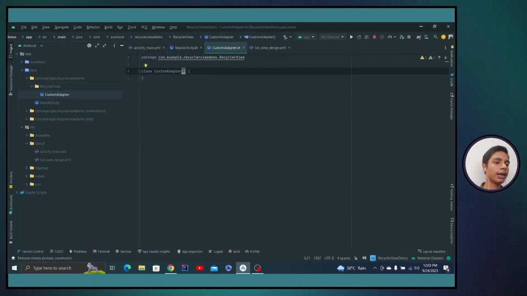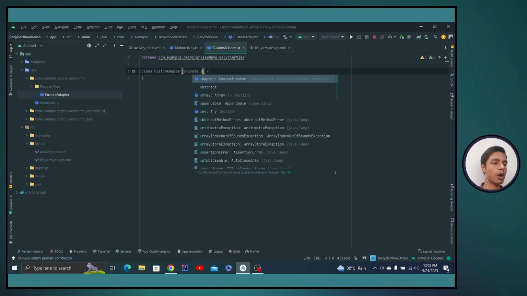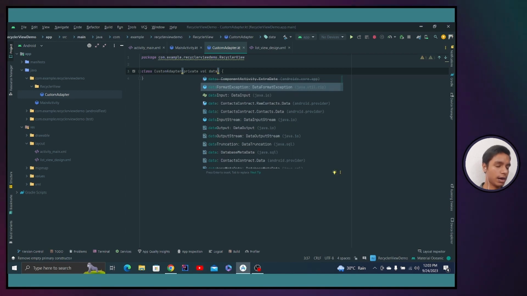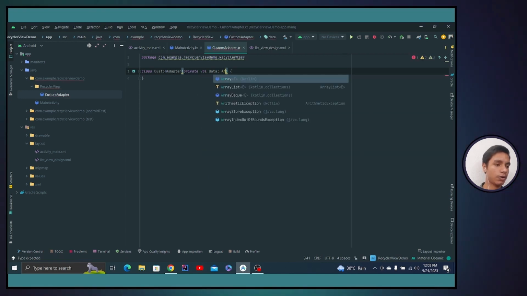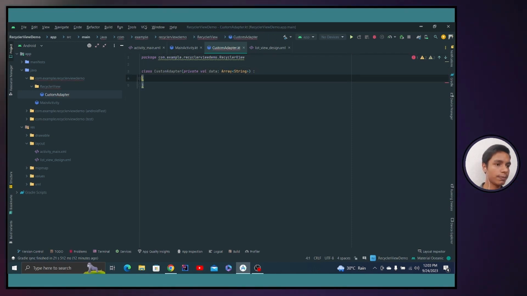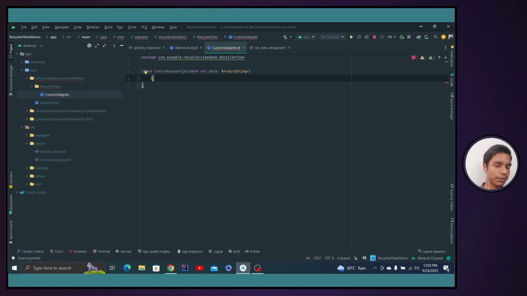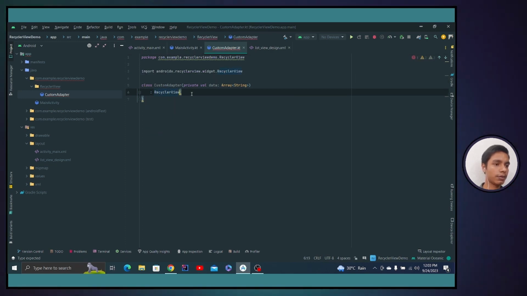This custom adapter will take a parameter as private val data, and this data is nothing but an array of string. I'll explain each single part why I used it, don't worry, we'll do it. And this will extend our recycler view dot adapter and custom adapter dot view holder,